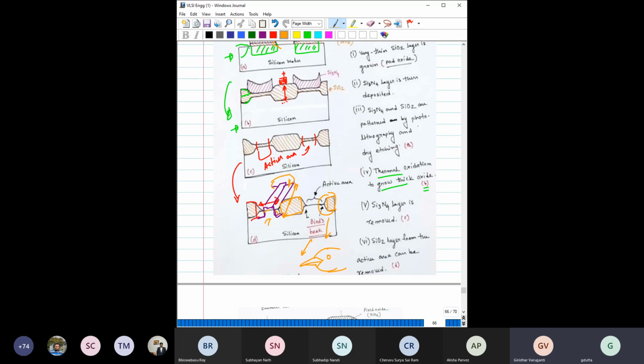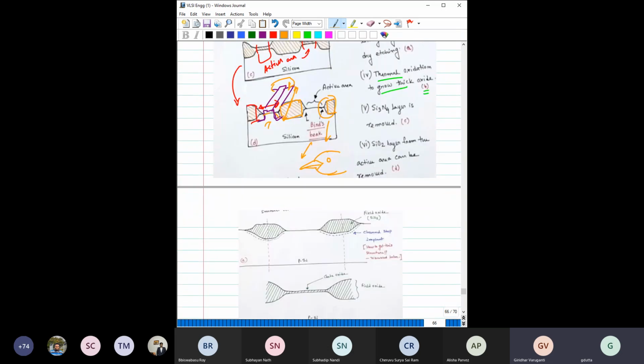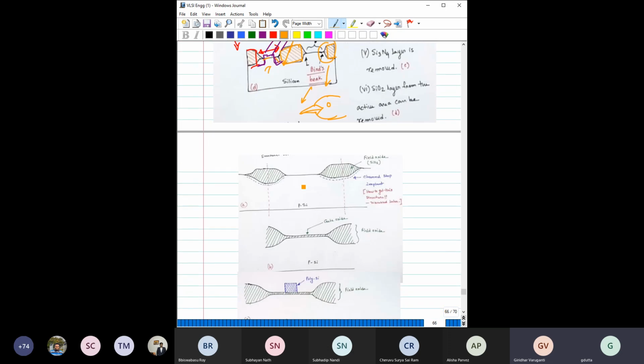So now we are in a position where we understand what isolation is, and we have also understood what the LOCOS process is, but we are yet to do the fabrication process. After this, you will end up with a structure like this, which is called the field oxide. And as a further precaution, as I mentioned, some metal line can go over this field oxide, so to prevent the formation of any channel,